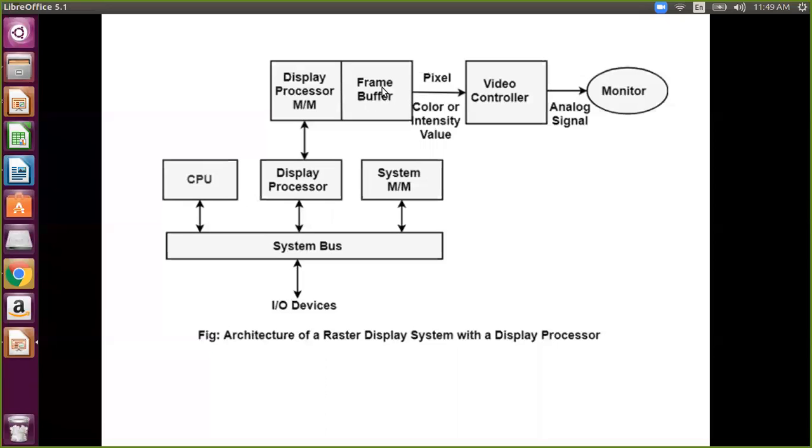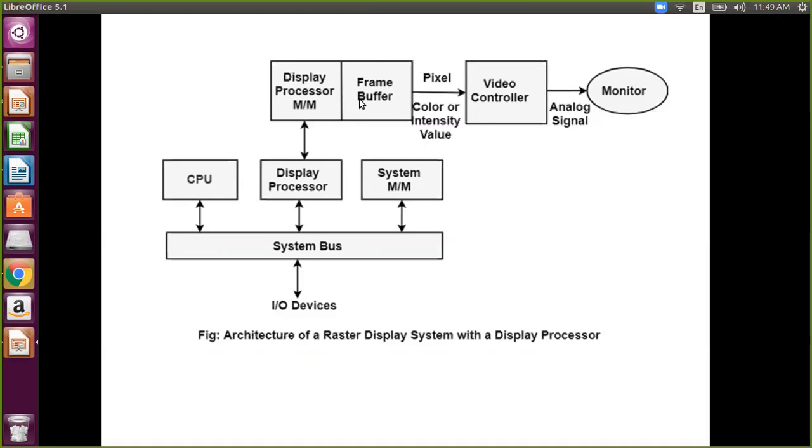In the frame buffer, the values are in pixel format. Each pixel has a coordinate and an intensity value. What is a pixel? A pixel is a coordinate x, y with some intensity, so intensity at x, y is a pixel.